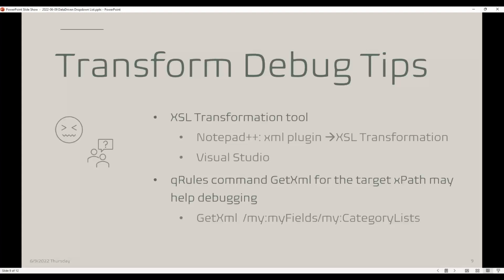So make sure you add a debug section and use your get XML with the following. I guess it's just the XPath, right? You just have to pass in the XPath. There's no parameter. Okay, got it. Yeah, I thought this had one, but yeah, I have a memo here. Okay, so